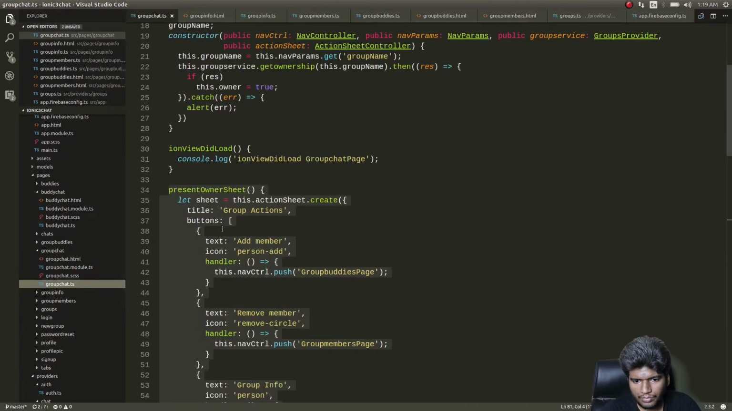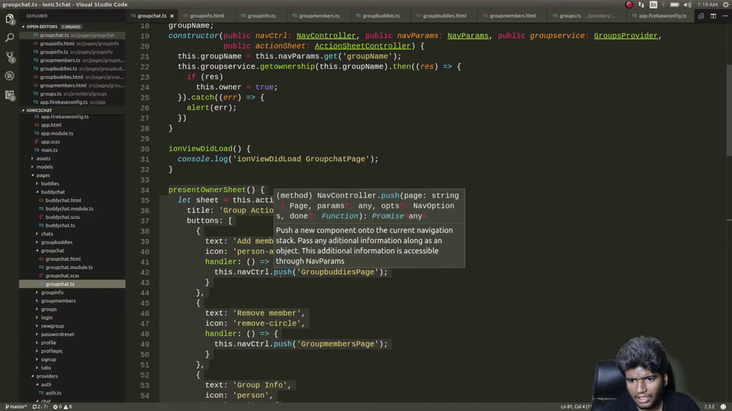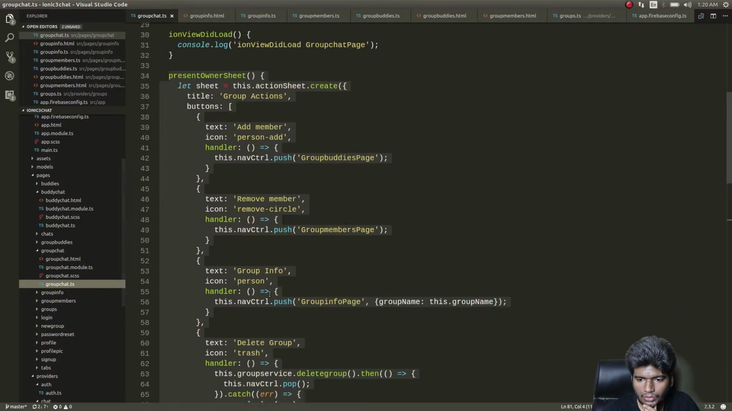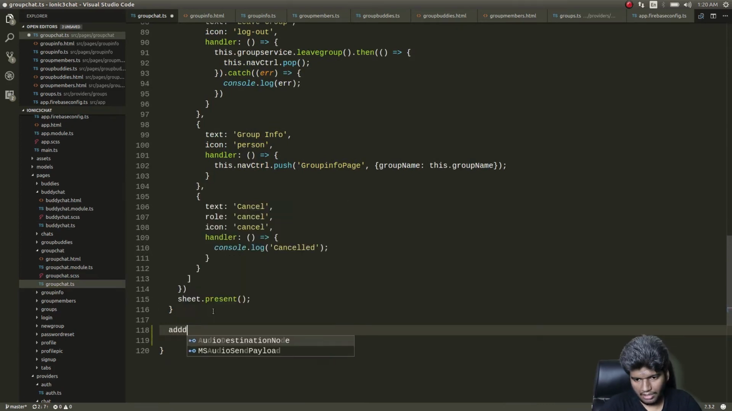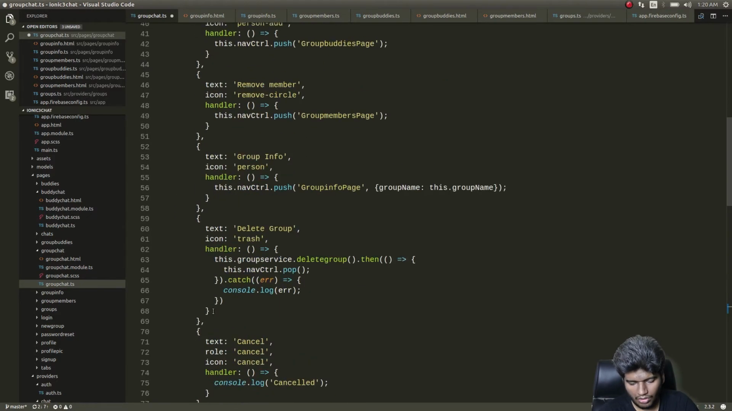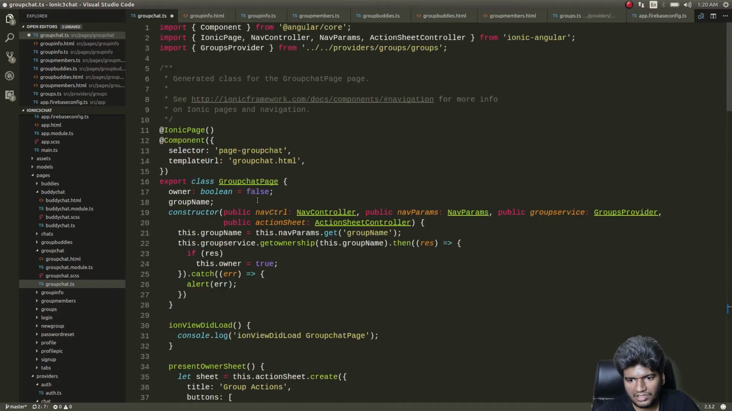So I'll get into group chat.ts. First we need to display all the messages that are present in the message board. We also need to have a provision to send messages between the users, right? So first I'll add group message. I'll have a variable called new message,